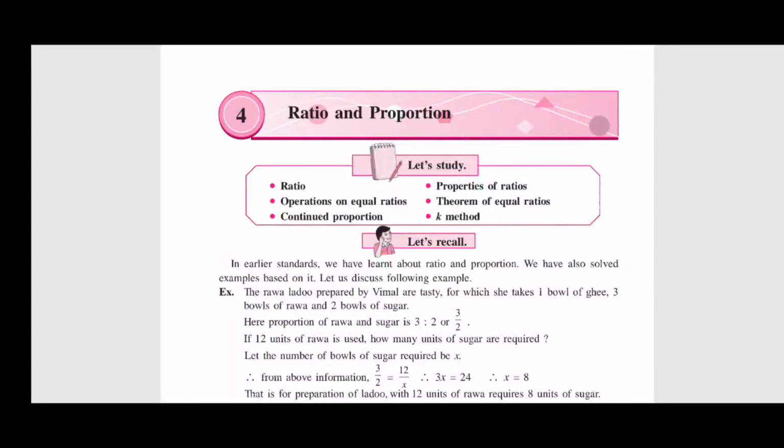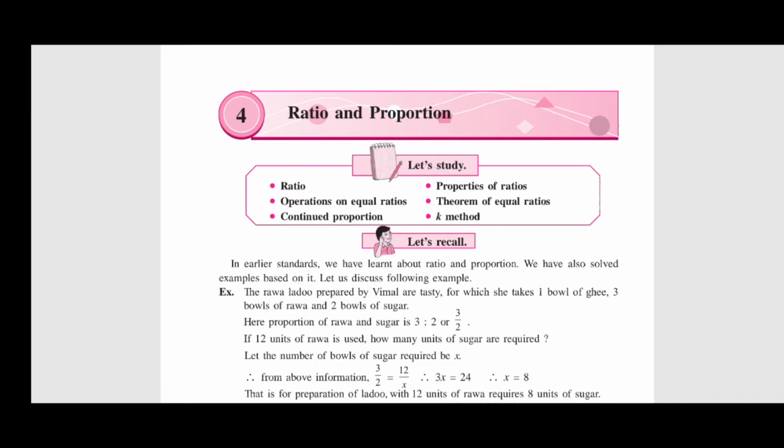Hello students, today we will be starting a new chapter in the portion of algebra. Today we will be taking a look at a whole new and interesting concept, ratio and proportion. The chapter is quite a little bigger but an interesting one. You will find it very fun, too much fun to go through the chapter. Today I won't take you through the details of the chapter. I will just guide you with the introduction of the chapter and what the name ratio and proportion means.